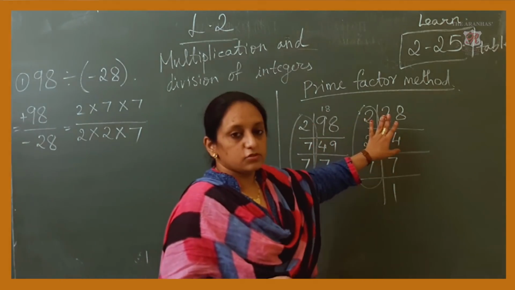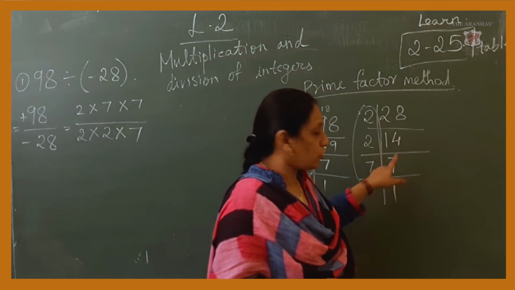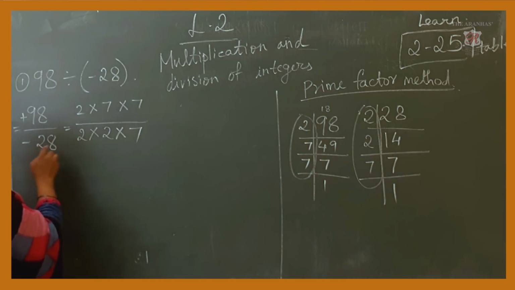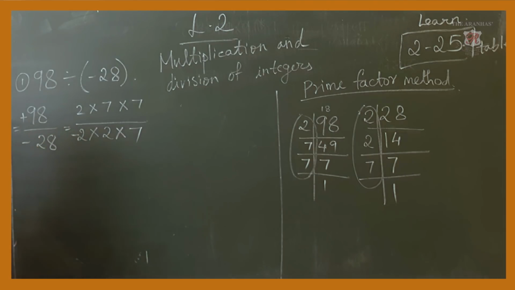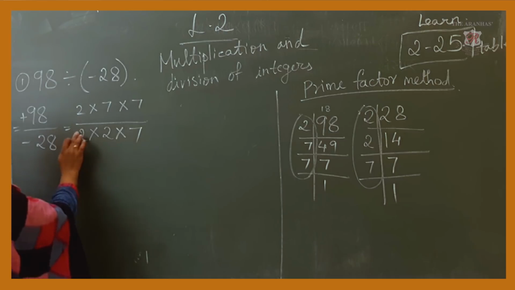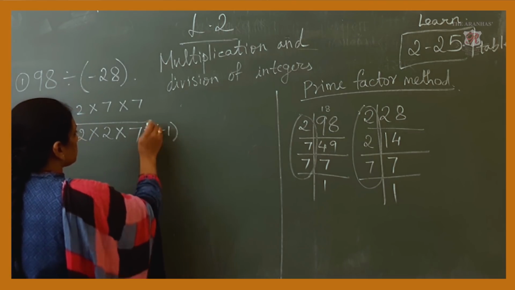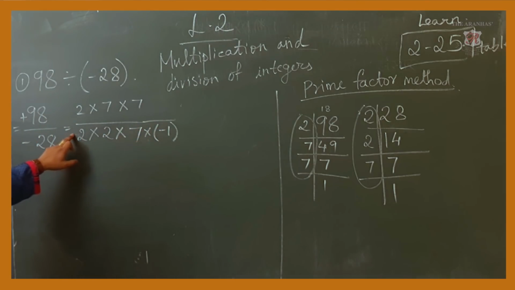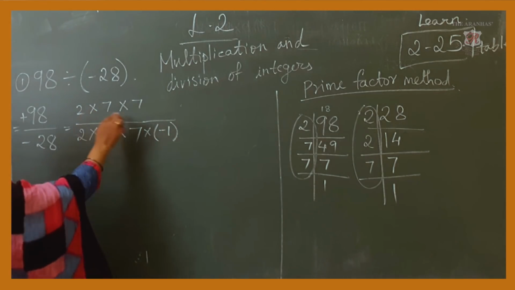All of you must have understood this. 28 is 2 times 14, 14 is 2 times 7. 7 will come here. But here I have missed out this minus sign. So I have to give that minus sign at the start, students. Or else I can give the minus sign at last, writing minus 1. Anywhere you write the minus sign, it is okay. You write either here, or here, or here, or write it separately. Now these are the factors.